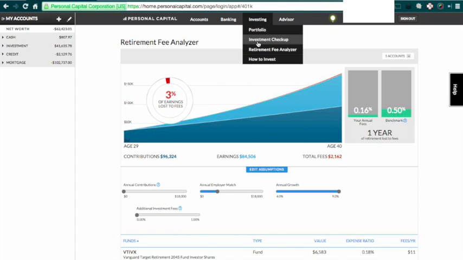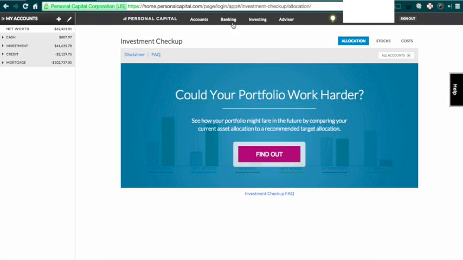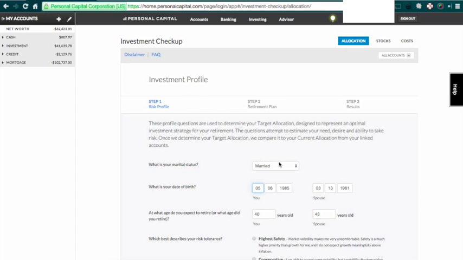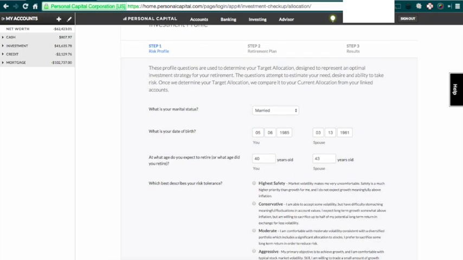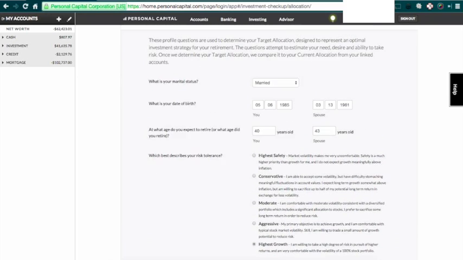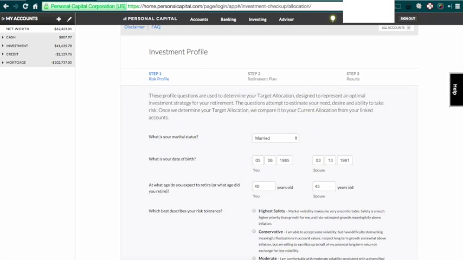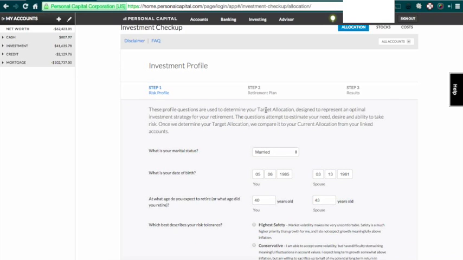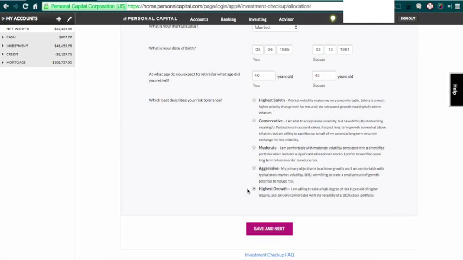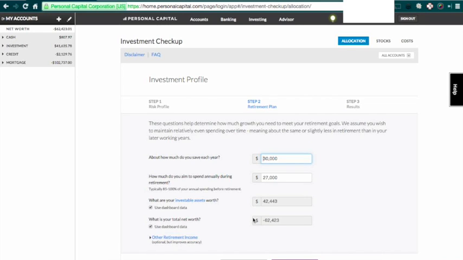They will also do for you an investment checkup. So if you go up to investing and pick the investment checkup button at the top, it says, can your portfolio work harder? And they ask you to answer a few questions here about your risk profile, your risk tolerance, what age you expect to retire. So you can fill all that out, pick the next button, add how much you save each year,